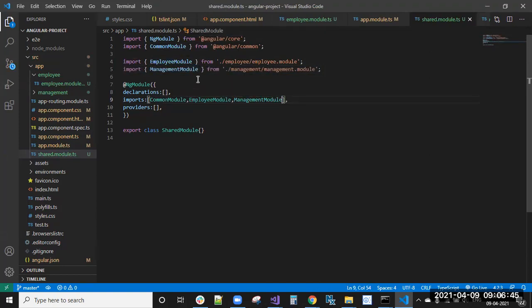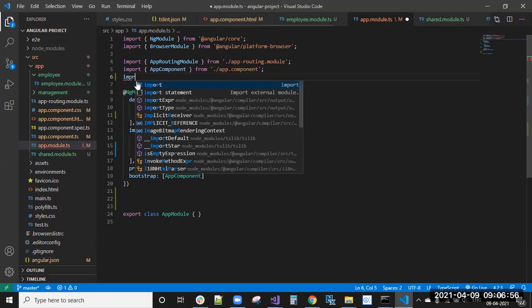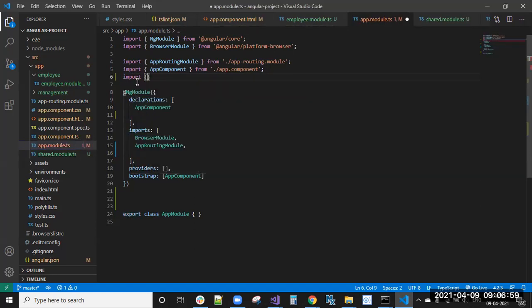Now the shared module will contain information about the feature modules. Now I can give the shared module reference in that module. You can give the reference like this. Done. Like this, we can create shared modules.